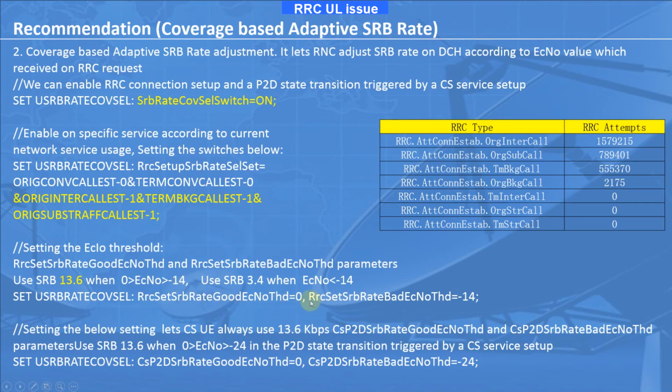For example, if EcIo is higher than -14 dB, we always use SRB 13.6. If EcIo is below -14 dB, we may use only SRB 3.4 kilobit per second. Below these thresholds, all the CS services use